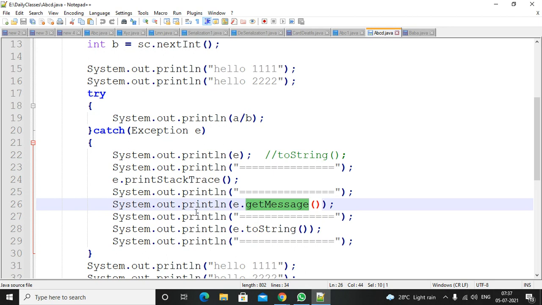So how does the runtime stack mechanism work? When the JVM starts executing, first it will create a thread. The thread name is main thread. The main thread will create a runtime stack. That means for every thread, it will maintain a runtime stack. Inside the runtime stack, for every method call, there is an entry, right? For every method call, there is an entry.